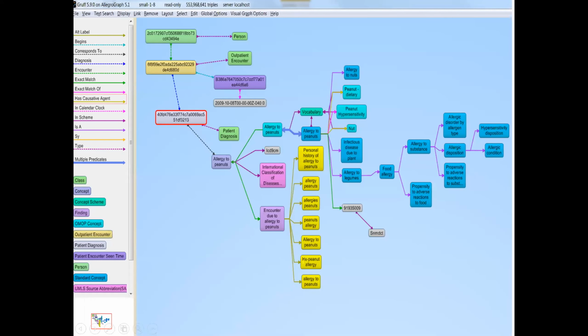So here, you now know how the graph works. This is the data shape. You have a thing that is a person, and that person has an event, this is an outpatient encounter that happened at a particular time. And this encounter had a sub-event, which is a patient diagnosis. And the value of that event is allergy to peanuts, which is a billing code that hospitals use, an ICD-9 or ICD-10 term. And this gets mapped through another object to an integrated taxonomy. So